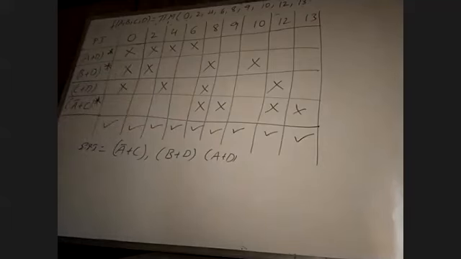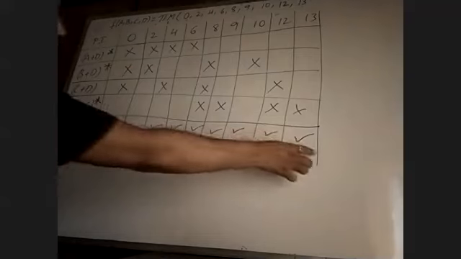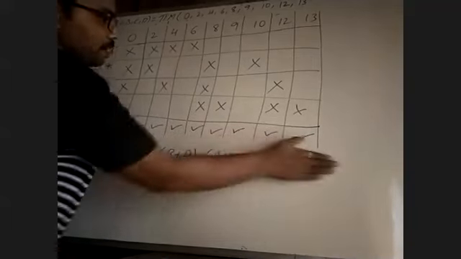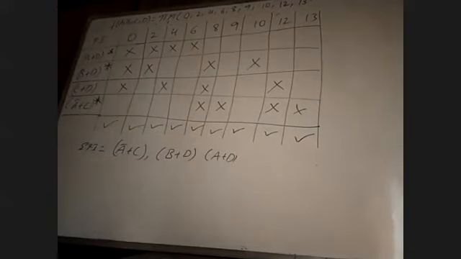Now carefully check. All the max terms are verified. That is, all the max terms are getting a tick mark. Now, is there any prime implicant that is uncovered? C plus D is not required for this minimization. Therefore, what will our final expression be? In the final expression, we can eliminate C plus D.